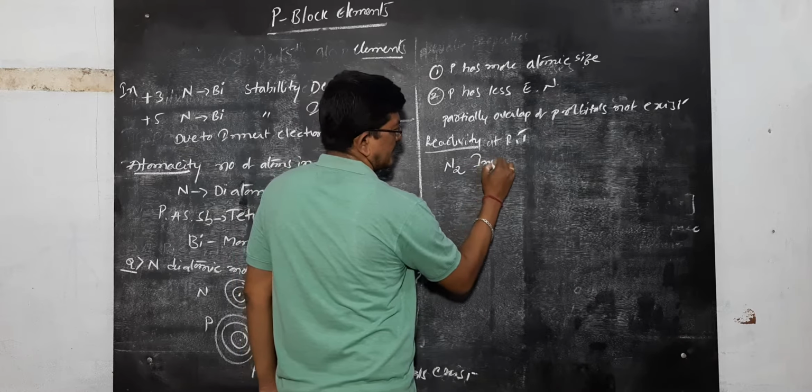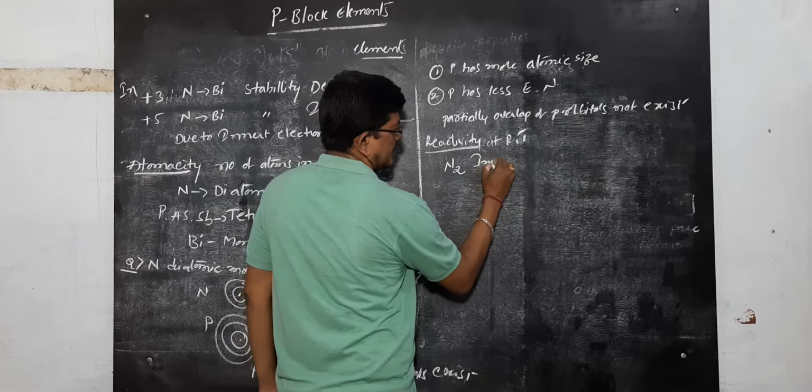So once again, I repeat what we discussed, what we have on the blackboard. In the oxidation states, we learned that the 15th group elements show +3, +5, and -3 oxidation states. Among these, in +3, from top to bottom, stability decreases, and in +5, from top to bottom, stability increases due to the inert pair effect.